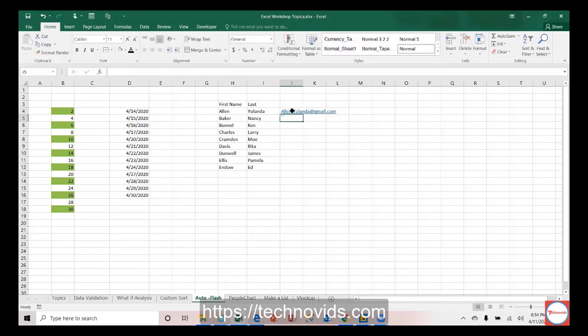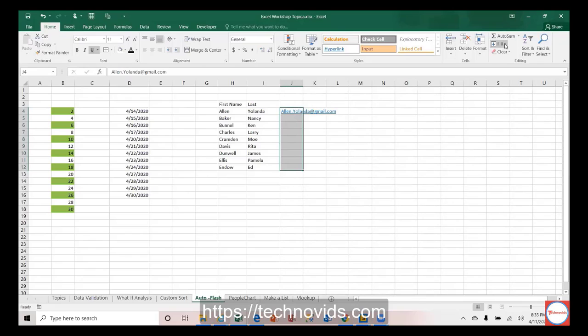Now I don't want to type all these emails again. So to Excel, you have to give one or two patterns. Then it will understand the other email patterns automatically. As in, it has to be a consistent pattern. You cannot do Yolanda, Ellen for one and Baker, Nancy for the other. It has to be a consistent pattern.